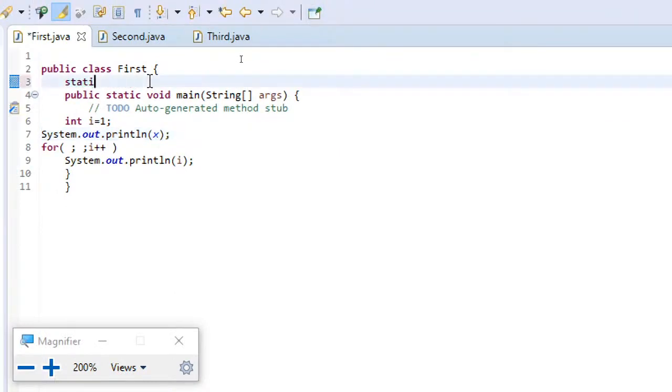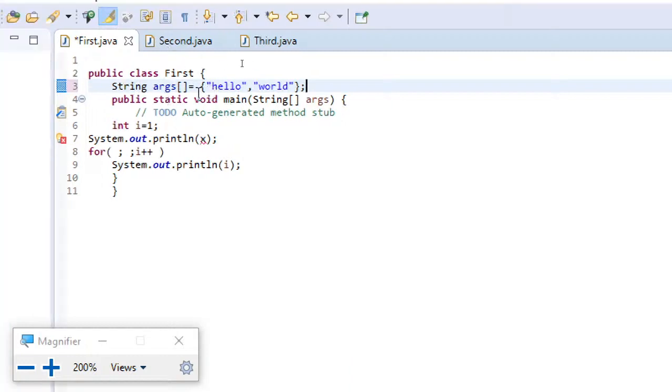Suppose, observe this carefully. Since I have covered arrays, I am just showing you this. Now what do you see? You can see that I have defined a string args array with hello and world.